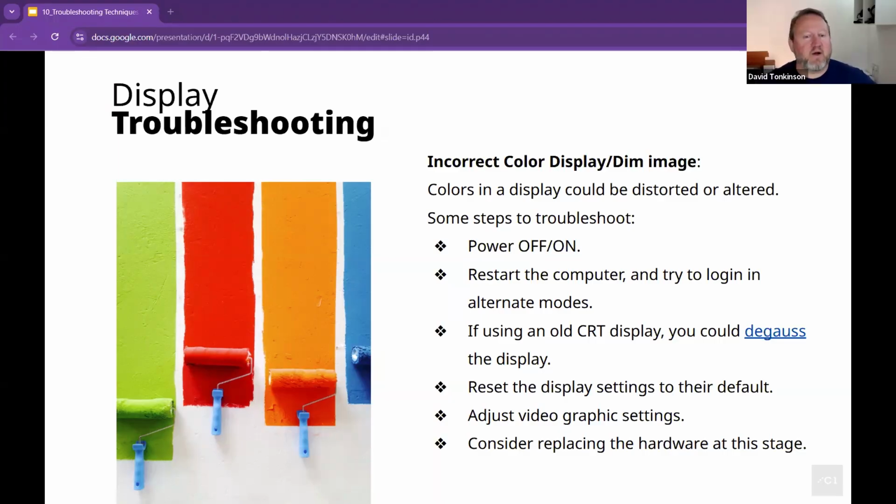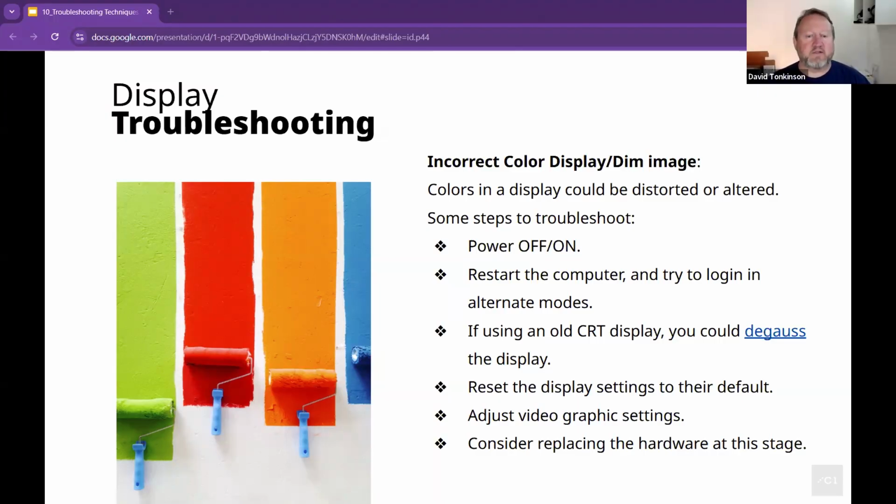If you're using a CRT, no, we'll ignore that one. No one ever uses a CRT, but they used to have a little degauss button on them that basically reset the two magnets that fire the electrons around. Okay, so we don't have those anymore, but in case you have ever run into one of those,